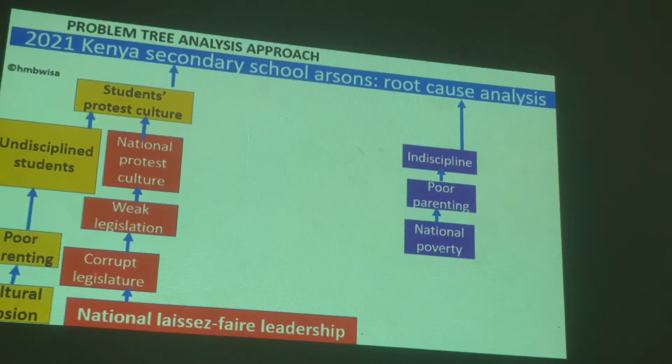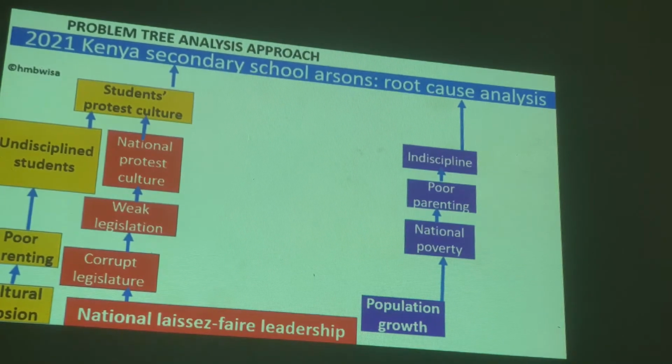When there's national poverty, parents are struggling to make ends meet, and they have no time or very little time for their children. Population growth can lead to national poverty because of the dependence ratio, for example, and that can be yet another root cause of what we see